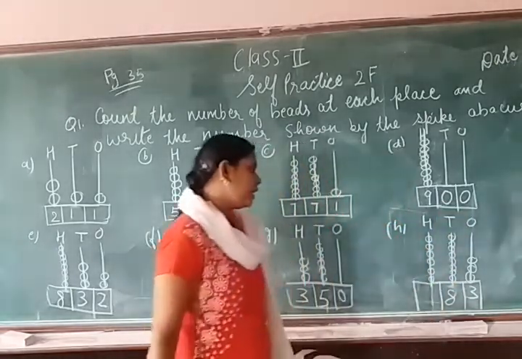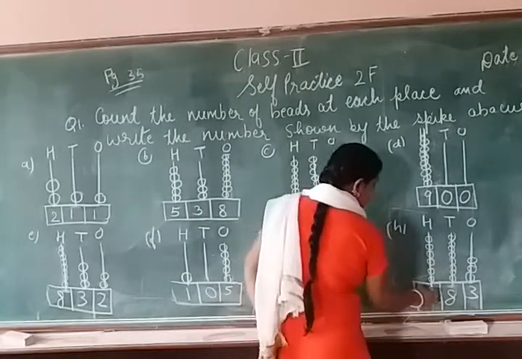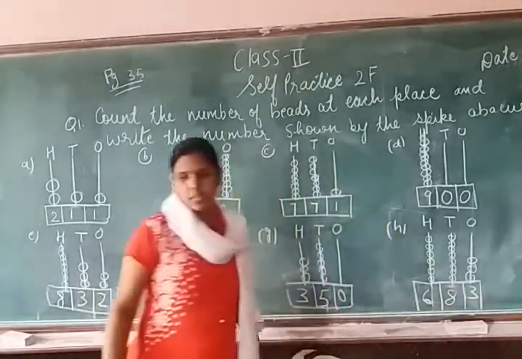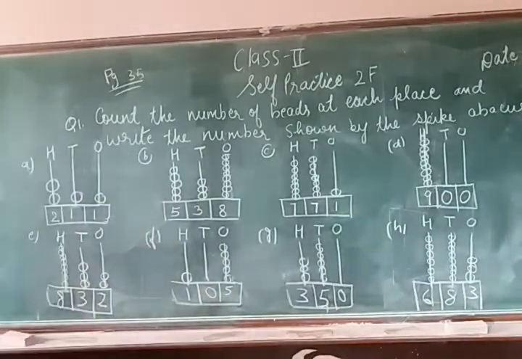And beats at 100 place? 1 2 3 4 5 6. 680. Okay, write fast. And the remaining questions of this question number 1, that is from I to P. From question number I to P, all the questions will be homework for you.